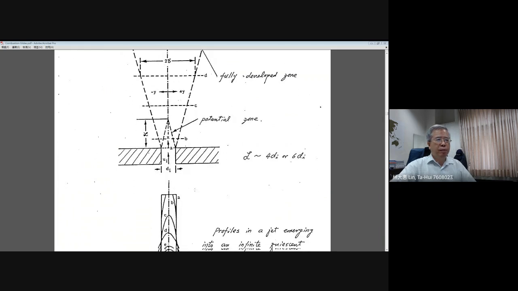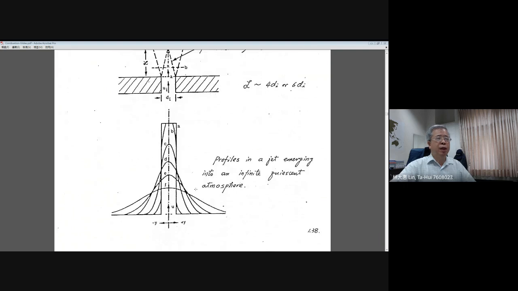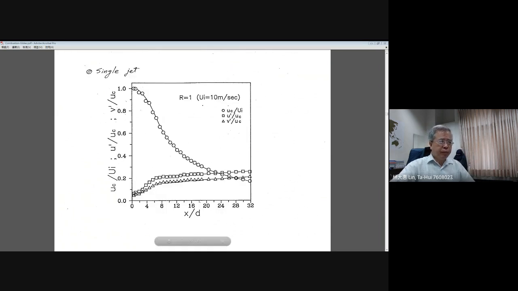Those descriptions start from this kind of explanation, and the structure is based on a uniform injection velocity at the exit plane of your jet. Now I give you some experimental measurements by our group to look at the cylindrical jet